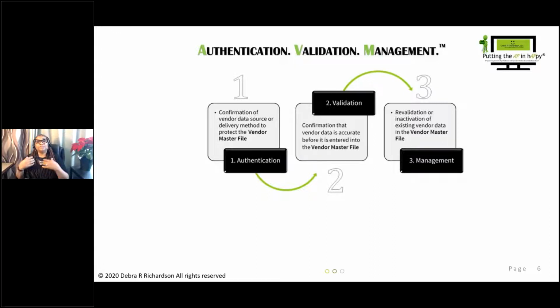And you need to do the same thing with your vendor if you're still getting in that information via email, fax, or hard copy. Now, once you have authenticated who you've gotten that information in, now you've got that vendor supporting data, and step two is to validate that data. You want to make sure that the vendor information is accurate,